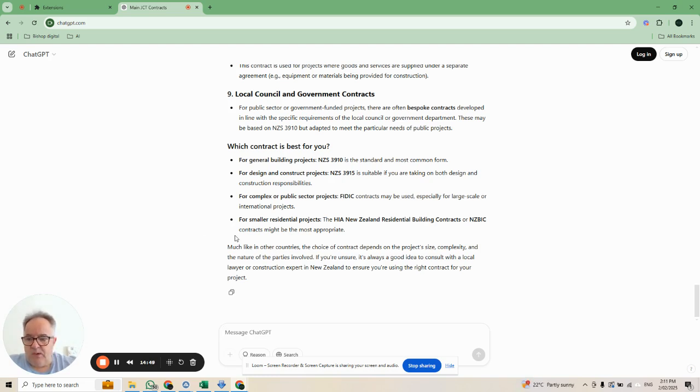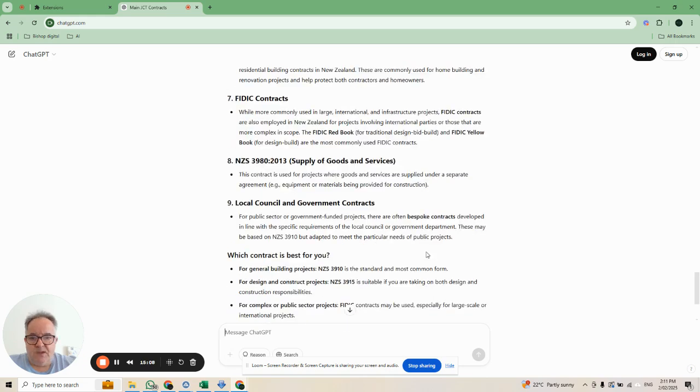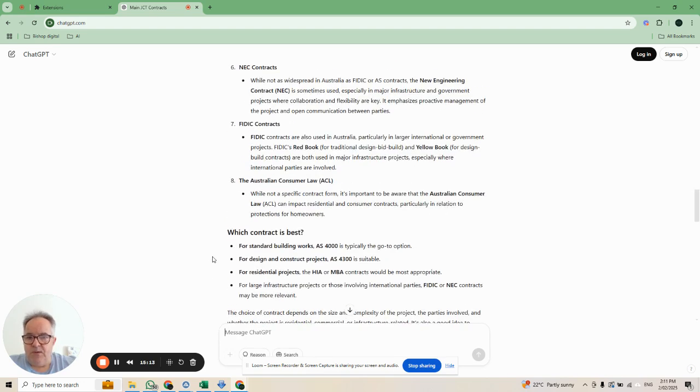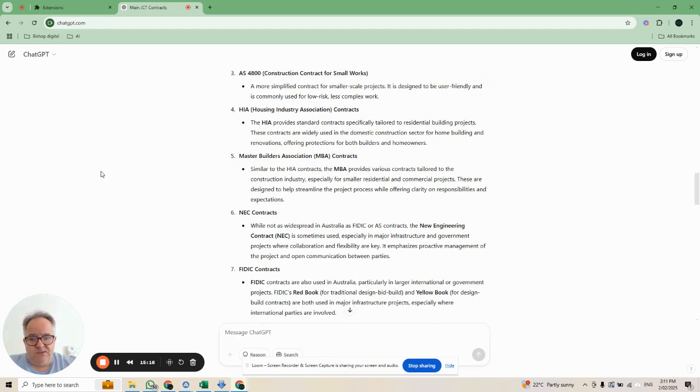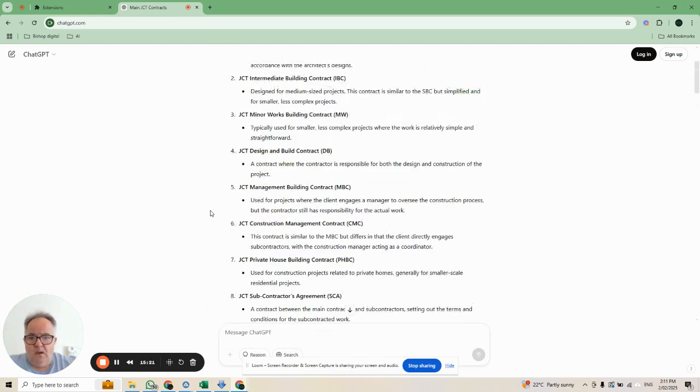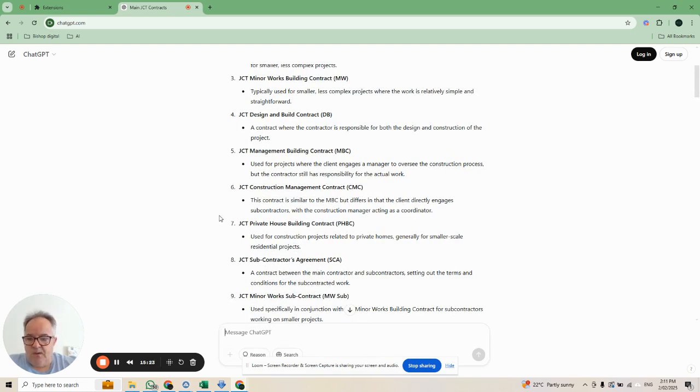Specific contracts, and we can upload contracts and ask them to document risks, ask them to challenge particular conditions or changes to the contract, even in relation to case law. And we can go super specific actually. But I just want to give you some idea of what these models can do. And ChatGPT, remember, this is not the paid plan, this is the free plan. So what we're getting here is kind of a watered down version of a deeper one if we went into a paid plan. And I will show you examples of the paid plan